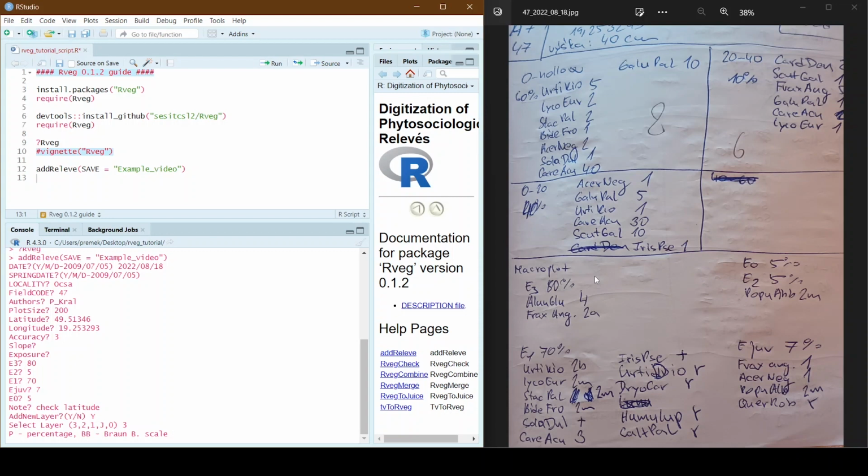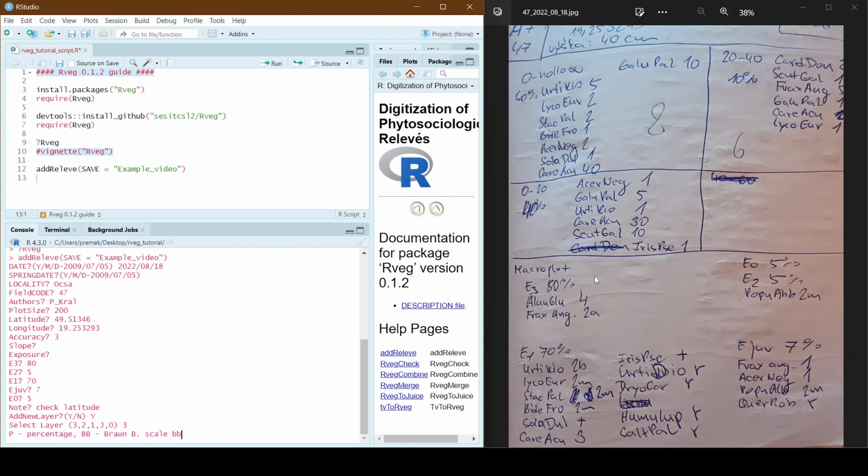It's up to you, depending on your notes. I know there exist many more scales, but they are not included in the program. It's not that complicated, so they may be added in future if there is demand for it. So I will be writing BB, like Braun-Blanquet.